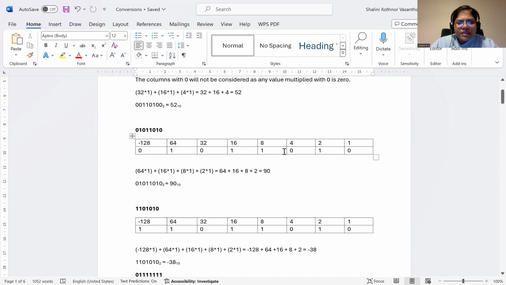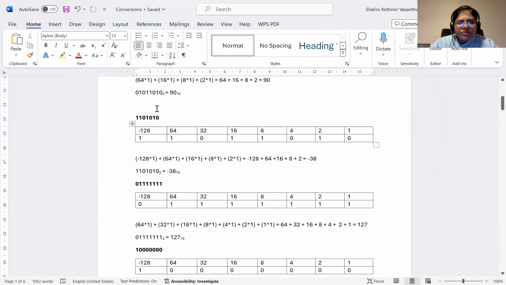0101110. So place it accordingly. Now consider only the ones with 1. So it would be 64 into 1, 16 into 1, 8 into 1, and 2 into 1. Add up all the values, it will make up a sum of 90. So that is the corresponding denary value. Okay, next we have